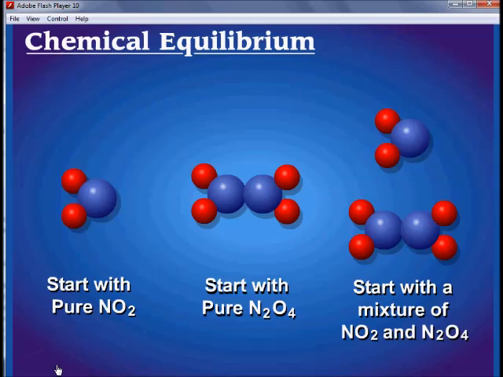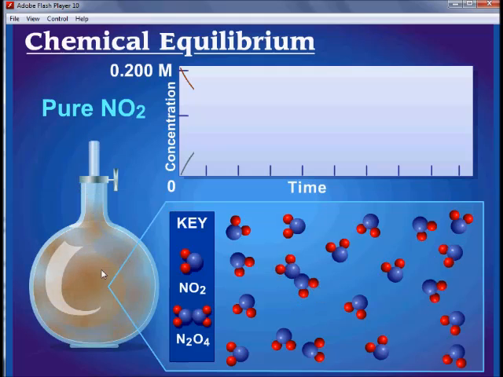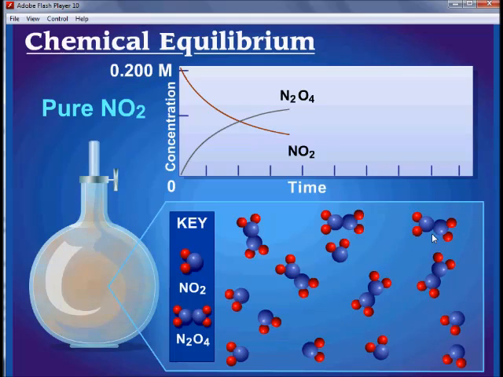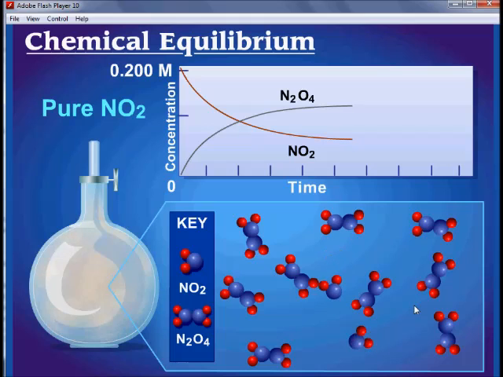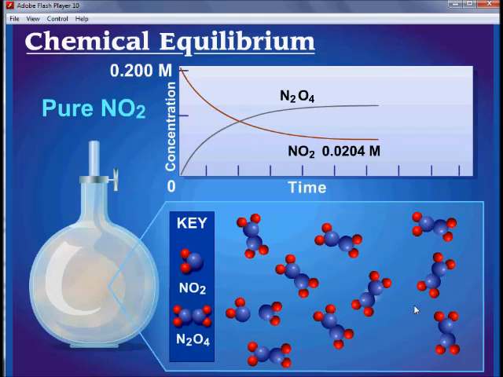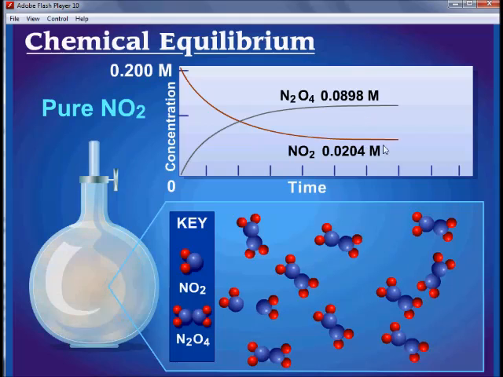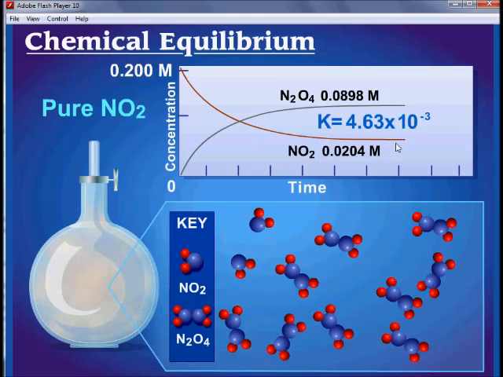So let's try this a different time, this time starting with only NO2, which is our brownish gas. And so we can see that the NO2 is combining to make N2O4, but then some of those N2O4s are then breaking apart to make more NO2. Eventually, the forward and reverse will be occurring at the same rate. When that happens, we will reach equilibrium. And so you can see our concentrations will be leveling out once equilibrium is reached, where they are no longer